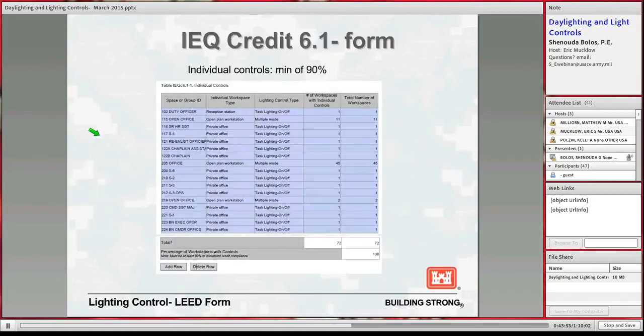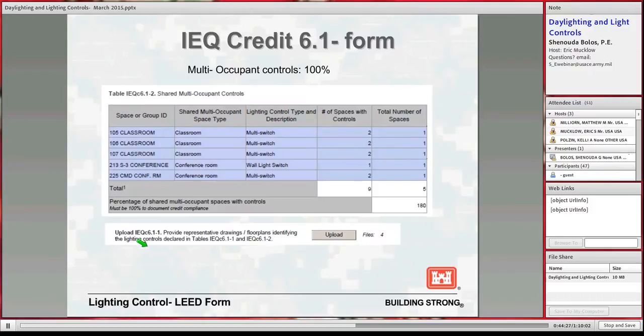IEQ Credit 6.1. The first section of it is called individual controls. You have to list all private offices or any occupant rooms and how many controls you have per room. For this example, I have 72 rooms and almost 72 controls, again 100%. But that's not required because the requirement is 90%. For multiple occupant